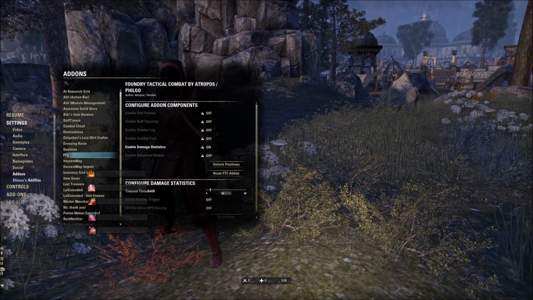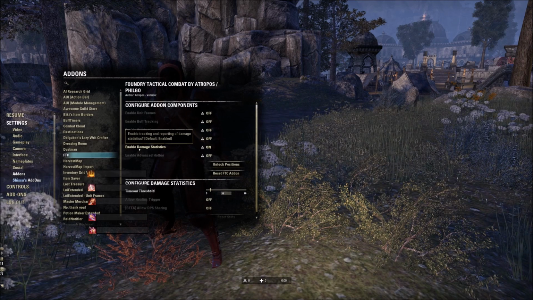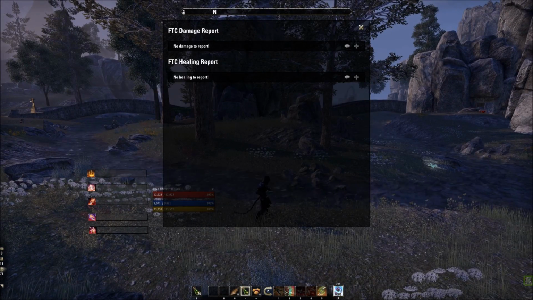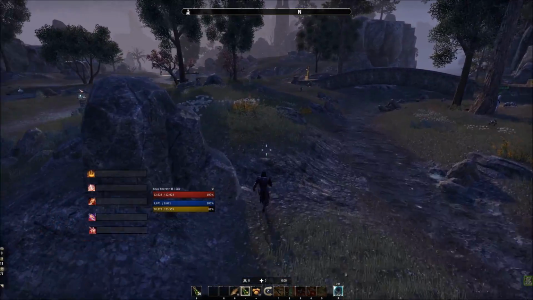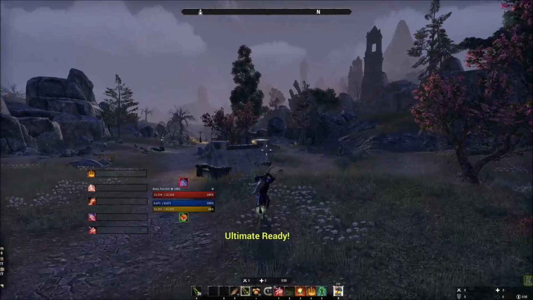Foundry Tactical Combat, the only thing I use this for anymore is the damage statistics window. You can also use CombatMetrics, so I'm going to show you that as well, but FTC is what I like for the damage statistics. If you do damage, it comes up with this nice little report. It tells you where your damage sources are from, and you guys have probably seen it on a bunch of different videos. All right, so we're going to show you FTC versus CombatMetrics here, and FTC is really simple and